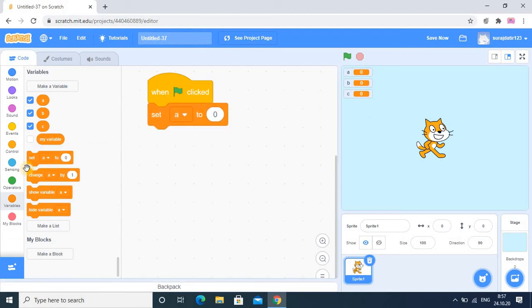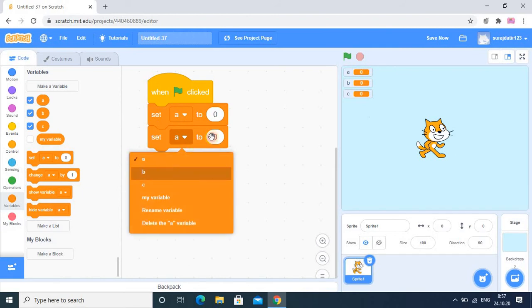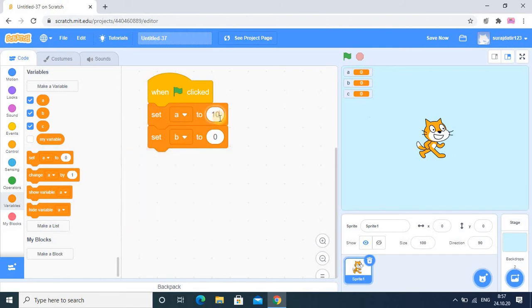So set a. So here I am taking variable a as usual. Then here b, and a value I am going to assign with 10. B value I am going to assign with 5. So here the A value is 10, B value is 5. You can assign any value according to your convenience. So whenever you perform the operation, A value will be 10 and B value is 5. So it will be performed like that. So here you see, as you know, the property of variables, their value gets changed during the execution. So A is 10, B is 5, C is still 0.